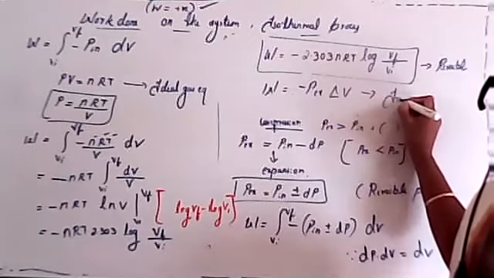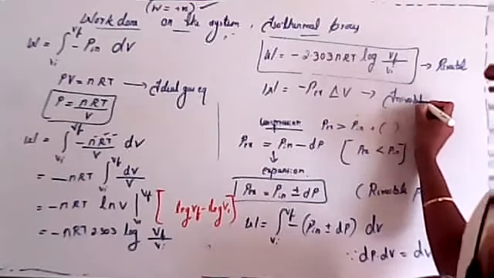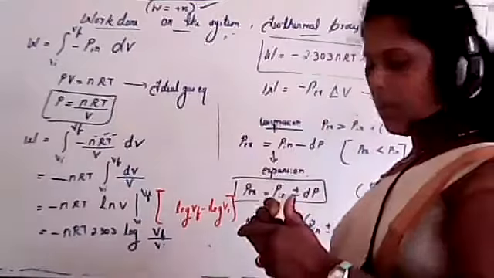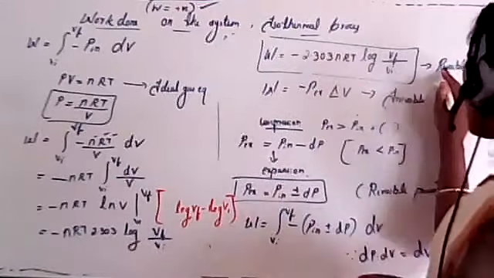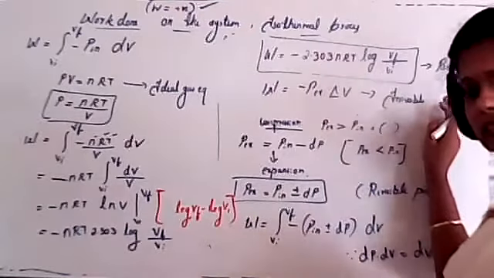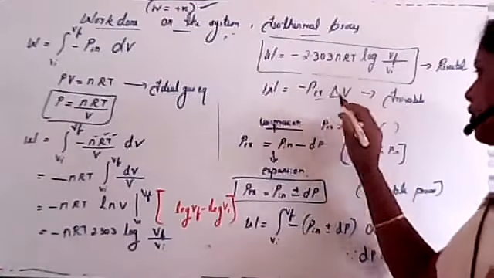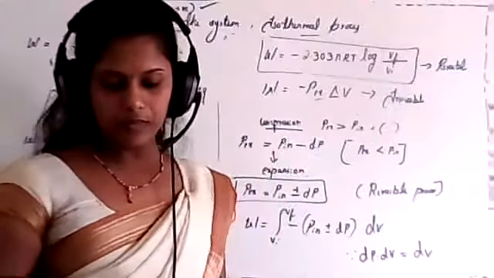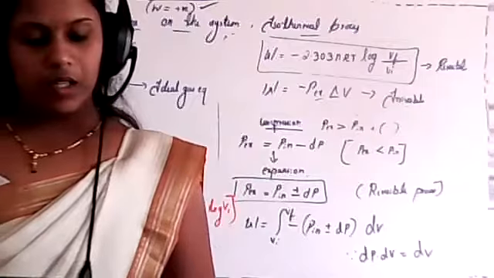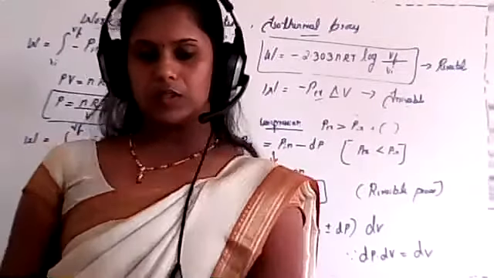And this is for the irreversible process. Is it clear, student? In the reversible case, we use P internal. That means in case of reversible you use internal, and in case of irreversible we use external. That is the difference. Okay, Prithvi? Is it clear? So now listen. Is it clear, student?